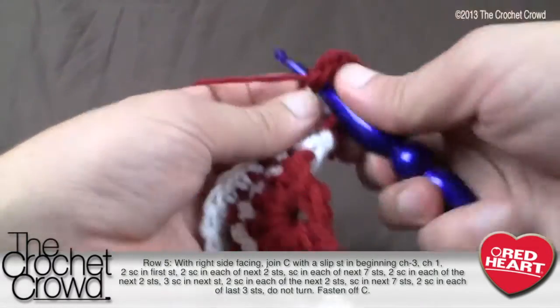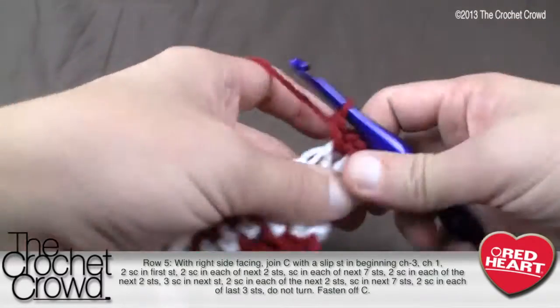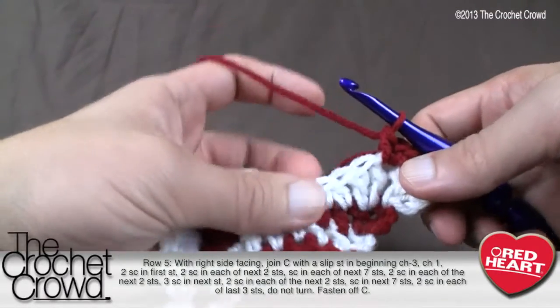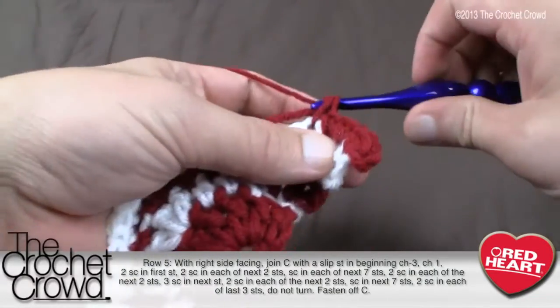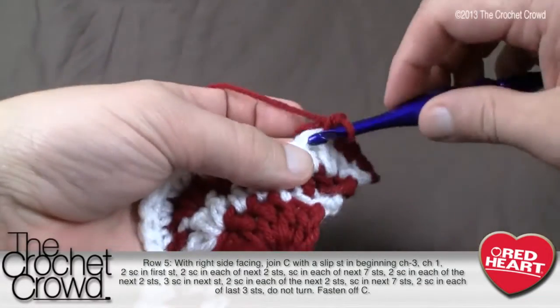And now it says 27 stitches. It's single crochet, just 1 in each, and for the next 7. Okay, so let's do that. So we got 1. I'm just going to let that straggler fall out of the way. So that was 1,